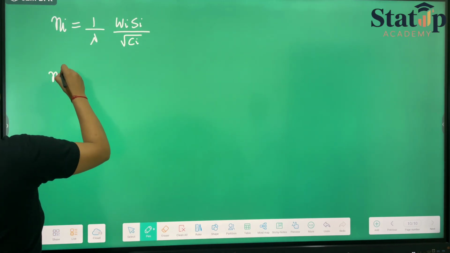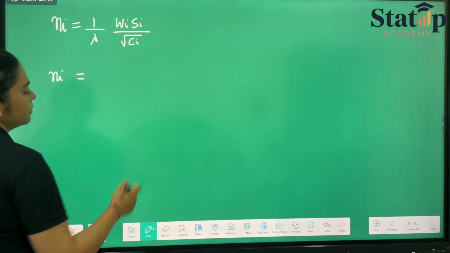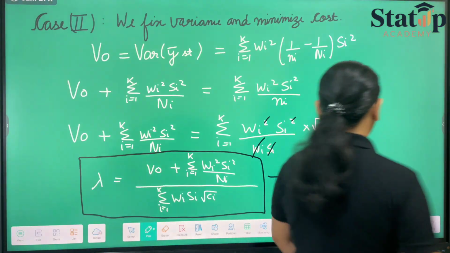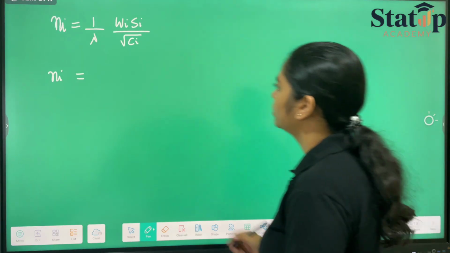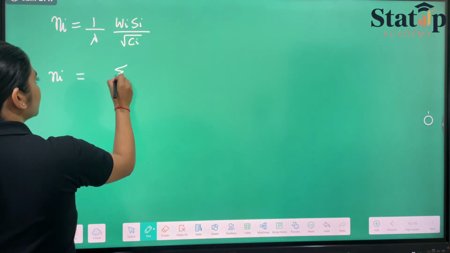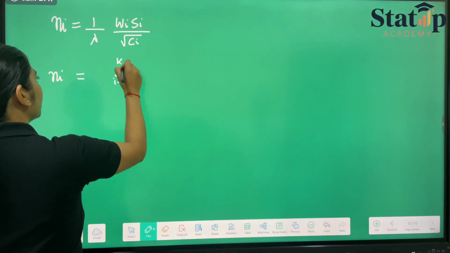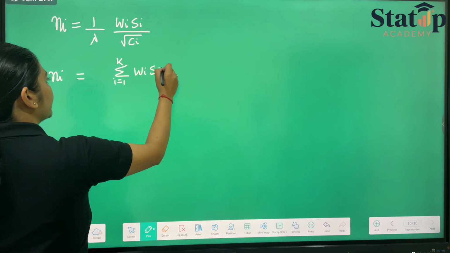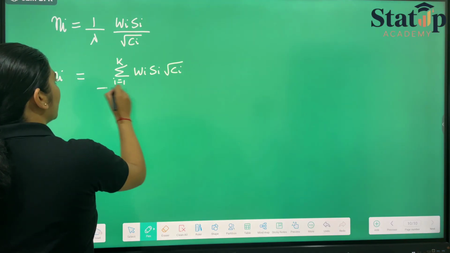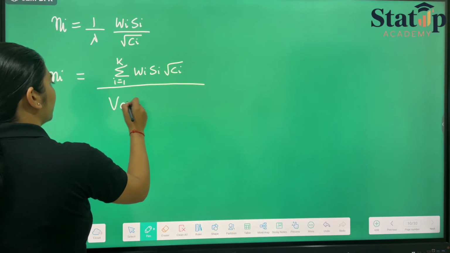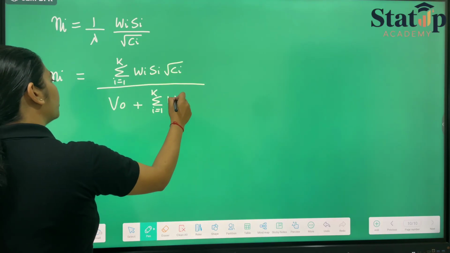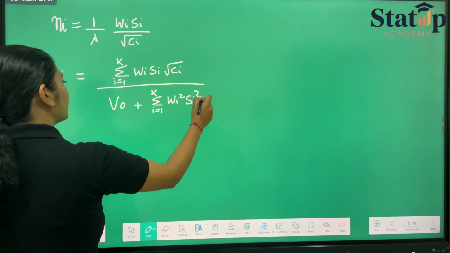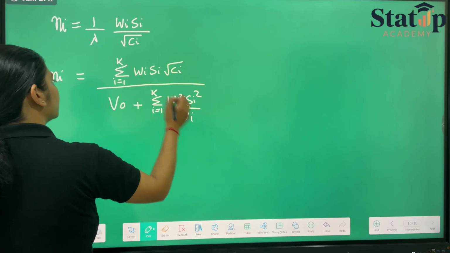Substituting the value of 1 upon lambda here, we will get summation i goes from 1 to k Wi Si under root Ci upon V naught plus summation i goes from 1 to k Wi square Si square upon Ni